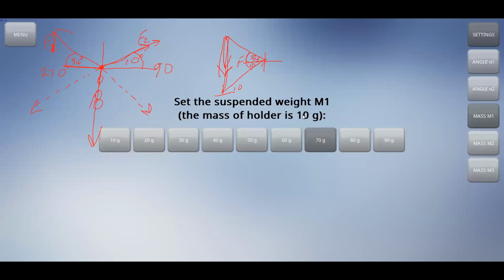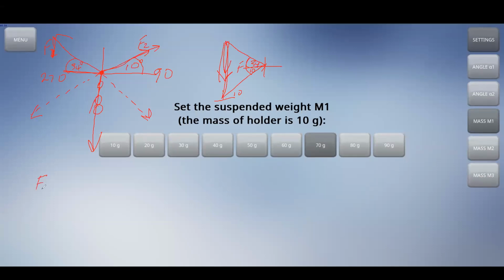So the older is 10 plus 70, and this is for F1. So let's write them down. F1, the total force, is going to be 70. Remember, this is in grams, you're going to do your conversion, plus 10. So that is 80. F2 is going to be